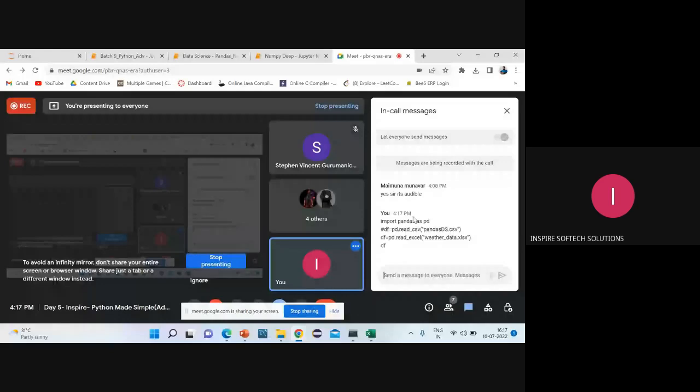For the CSV, we have to give the extension .csv. For the Excel sheet, you have to give .xlsx. Remember, I'm telling this more than 3 times because in the final exam you'll get these kinds of questions. Very, very minute questions you'll be getting. If you're listening to the class, you can write it. If you're preparing on your own, you cannot. Everything is based on the class. What I'm delivering here is going to be the question paper.